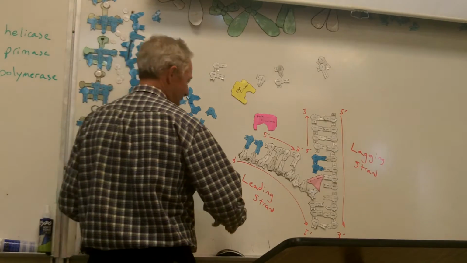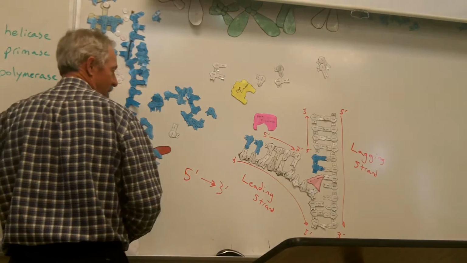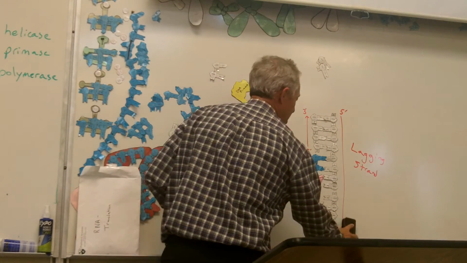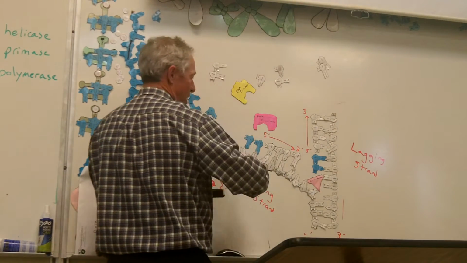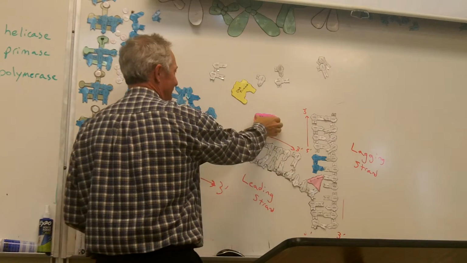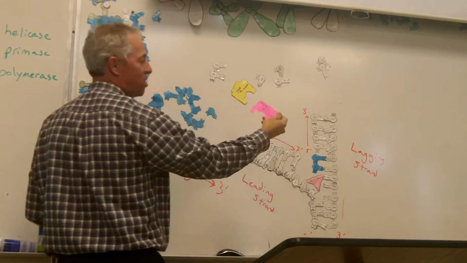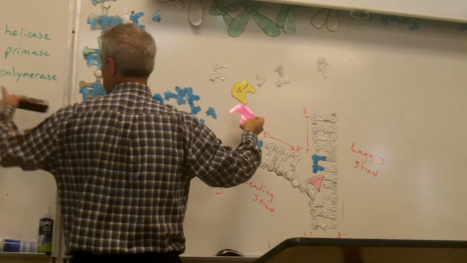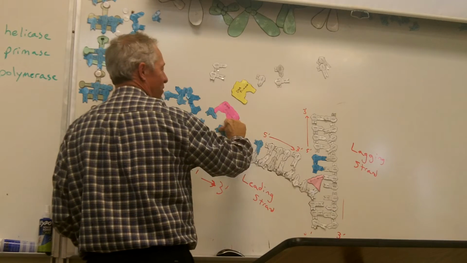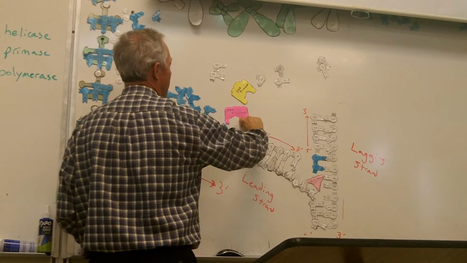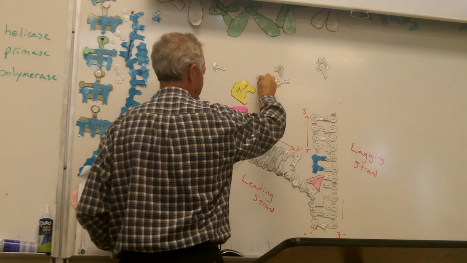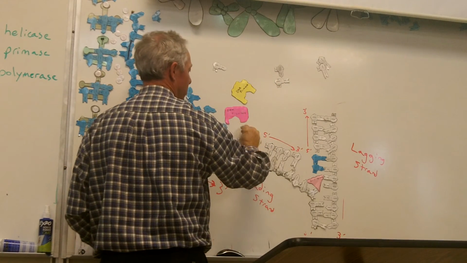It's really not that bad if you erase all this stuff that I've drawn on it. What we do is we copy one side, we copy that, and then another special type of DNA polymerase, this DNA polymerase again, is going to come in and remove the primers and put nucleotides in its spot. I'm out of nucleotides, but